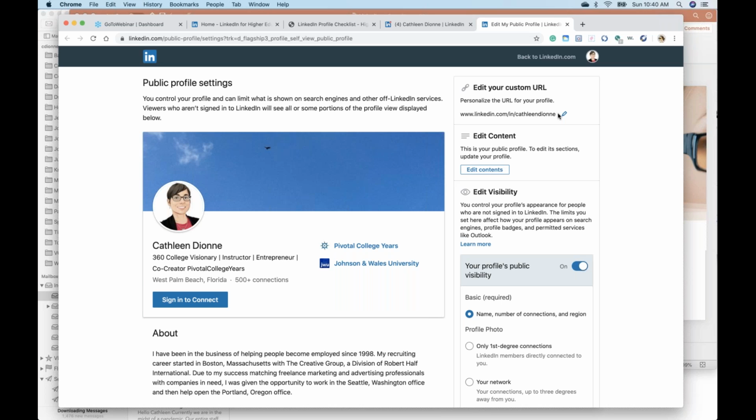Much like your Gmail account, if you're going to create an email through another email service, you want to try to use your name if possible. Same tactic. If you can use your first name then last name, great. If you need to put an underscore, if there needs to be a character in there, or if you need to do it backwards, just do something that is memorable if possible.